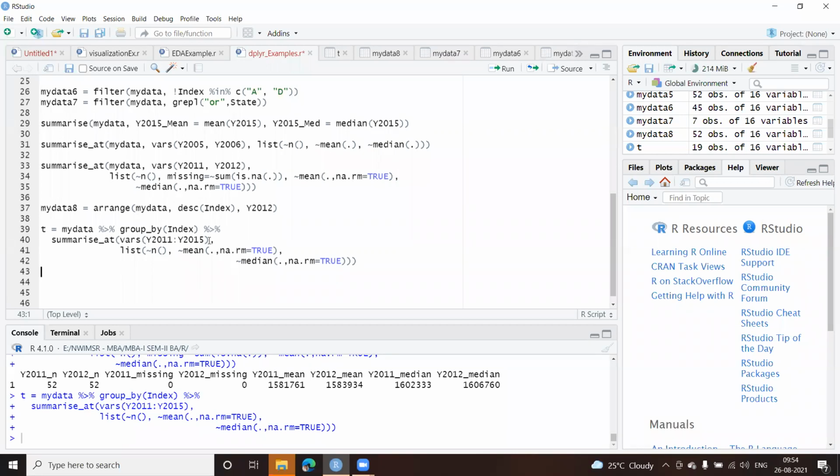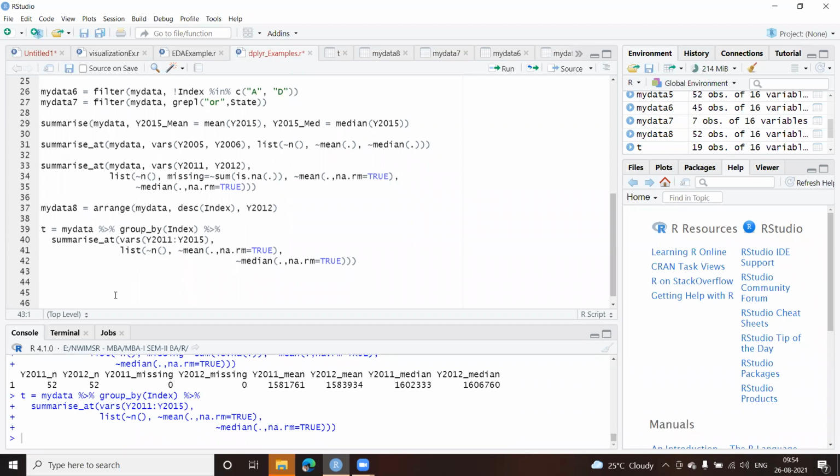Let us go ahead and use some other functions as well. Let us say we have this function called do. If I want to compute within a group, especially because I have introduced group by, if I want to do some calculation in a group, I can make use of the do function. Now I'll take the same example and we can do something here.